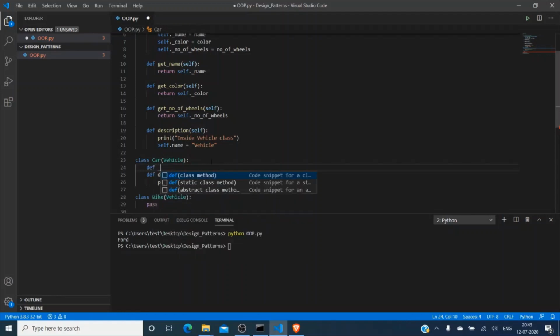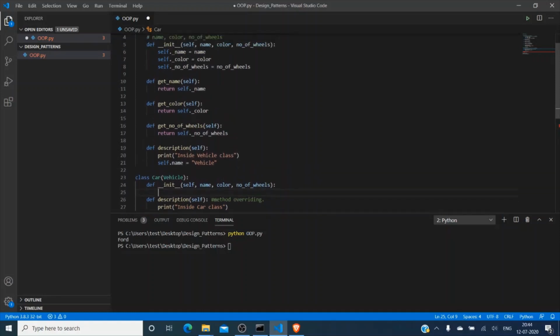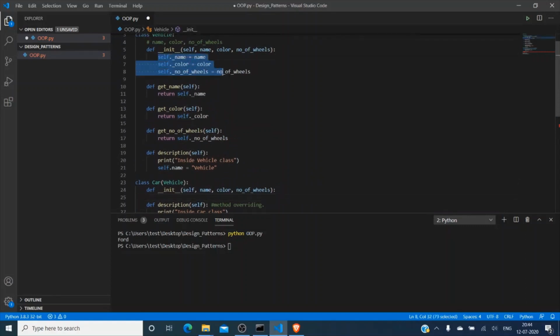So here if I write the constructor with same attributes as parent, self, name, then color, then number of wheels. So here we can write the same thing like what we had written in the parent's class.